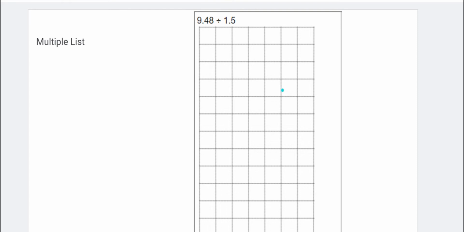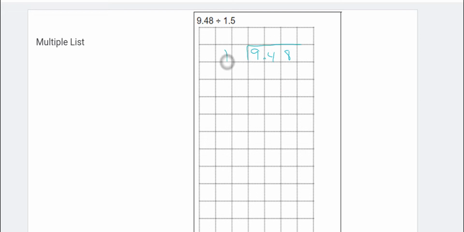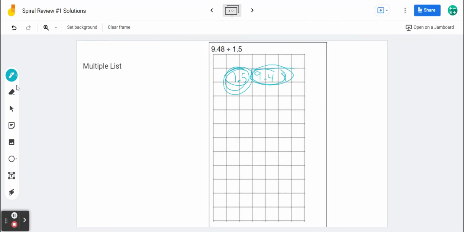So here we have 9.48 divided by 1.5. Most students right away understood that we're going to write it in some form like this. The problem with this is that we don't like when there's a decimal in the number that's outside. It's okay to have a decimal on the inside, not okay to have a decimal on the outside. So if you can recall what we did,